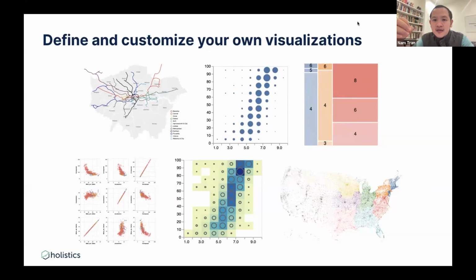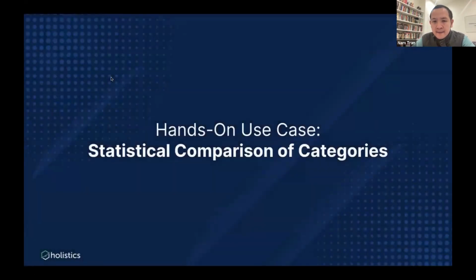For example, if you are into statistics, some of these charts will be more useful for you to do statistical analysis. Or if you're in logistics, map visualization is very important, right? So let's jump into how you can create this chart, right? With this, I will transfer my session to Chukwudi over here.